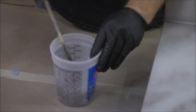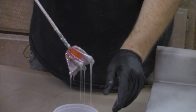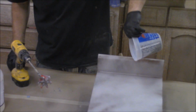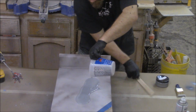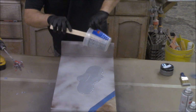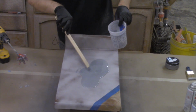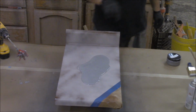Yeah, that's cool. And so that just gave it just a touch of silver in there, which is really neat. So let's go ahead and add this right to our top. We're going to use our paint stick to pull out. You want to make sure you use a drill to mix. If you haven't watched our mixing video, go watch that before you start your project. So you can see I just added a touch of silver in there, and that's what it's done for our